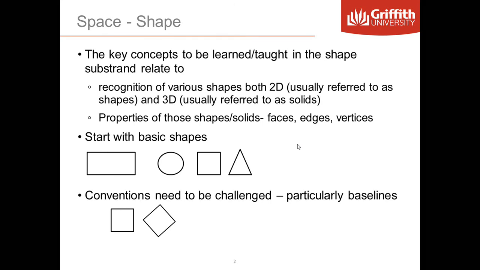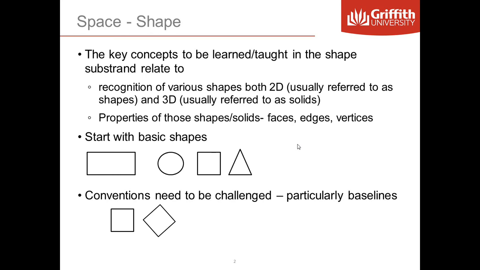There are four basic shapes that we initially start with: a rectangle, circle, square and triangle. Now often what you'll see when we're teaching those shapes, have a look at the way I've represented them there. What we know is we have the baseline always running on the horizontal axis. It's a convention that we've adopted, but it also creates a lot of confusion. So we need to play with that, and we need to rotate shapes, and we'll talk a little bit about that in a minute. But we do need to challenge some of those conventions, because